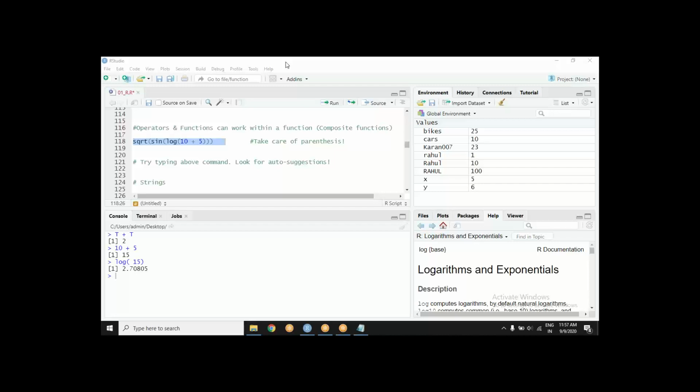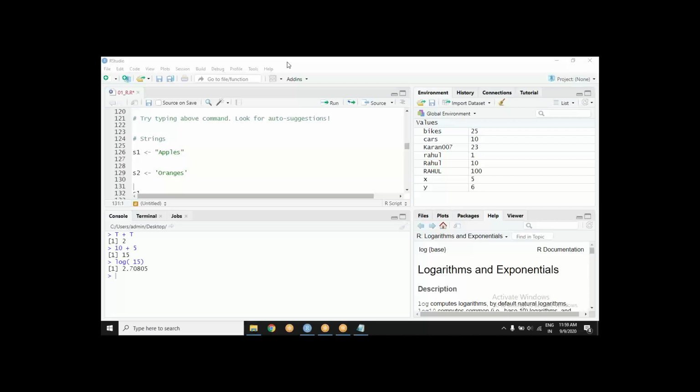Okay, much said about numbers and numeric functions. There are several things you can do: addition, multiplication, which you have seen, square root, logarithm, and whatnot. Then there is another kind of data which comes your way. When it comes to dealing with data, data is not only numbers. Data is also alphabets: department names, designation names, yes or no, marital status, gender. That is also data, so you should be able to identify these things too. We call them strings. A string is nothing but a collection of alphabets.